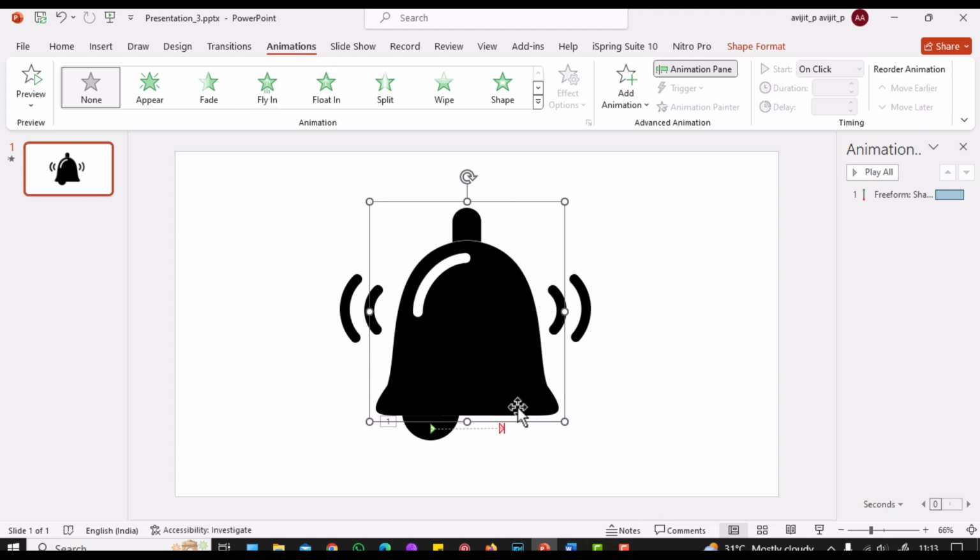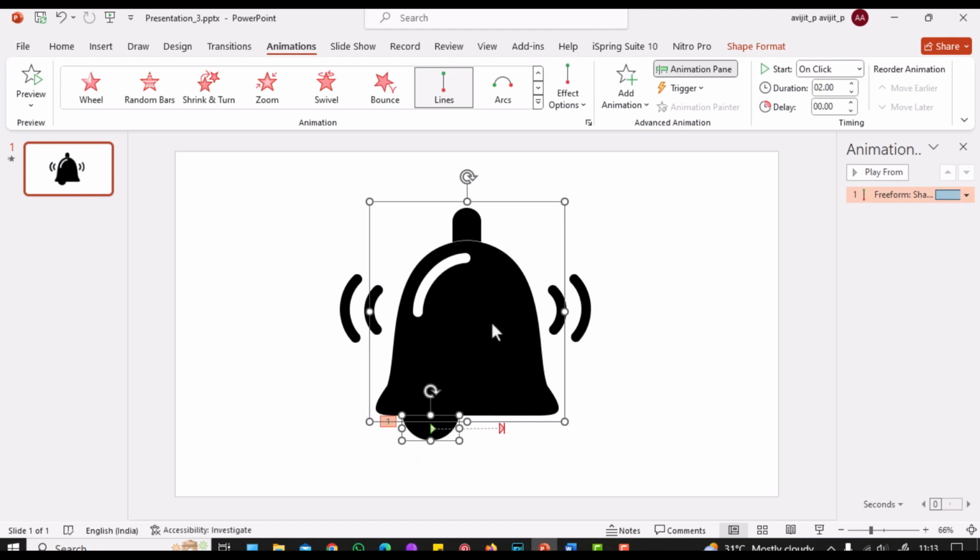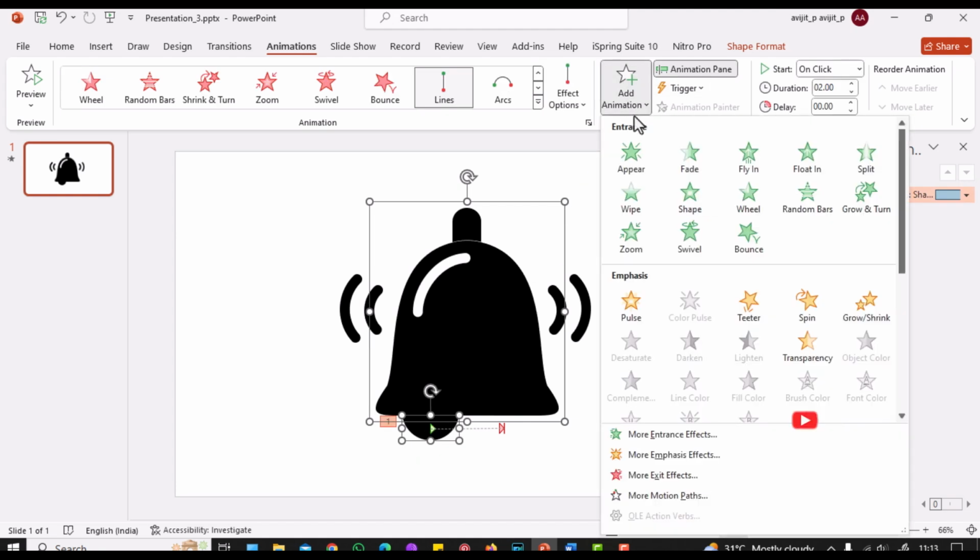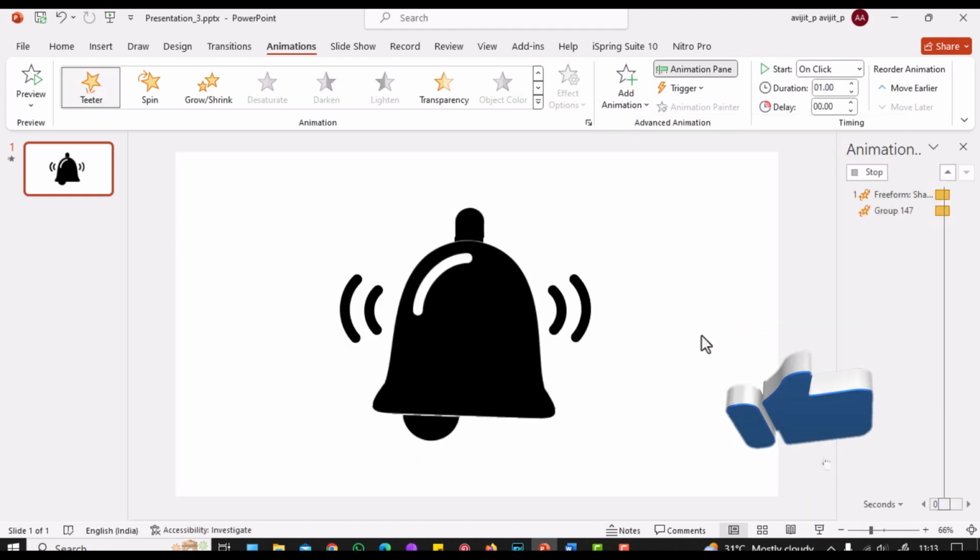Give the whole bell a teetering animation to make it as if it is moving and give a grow effect to the sound waves on either side of the bell.